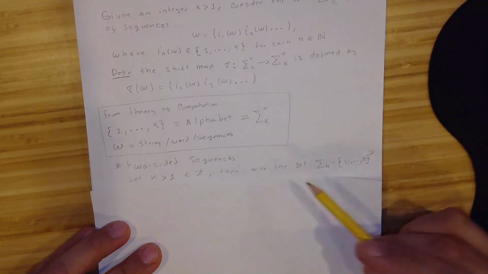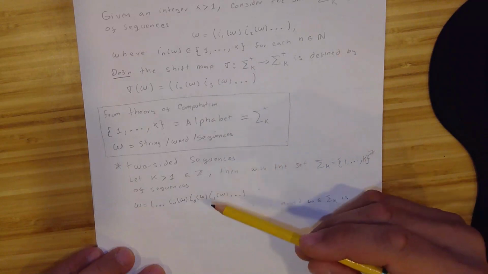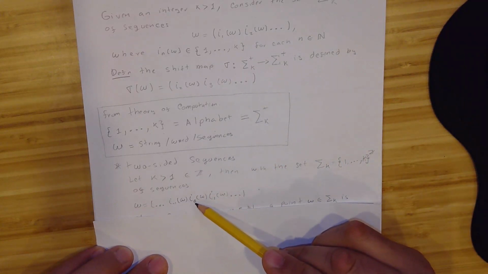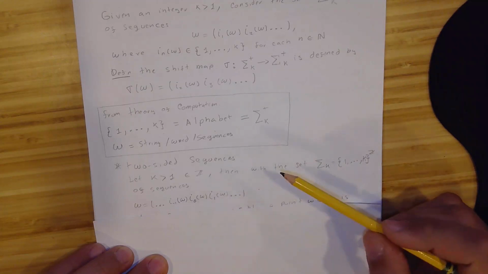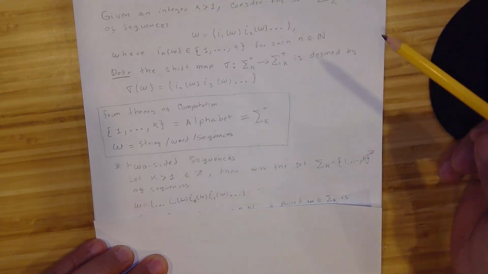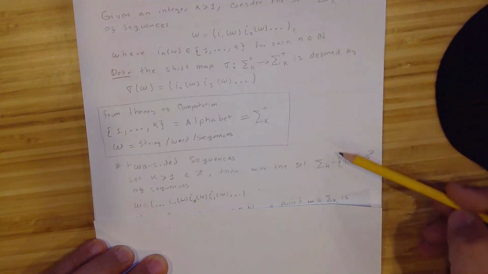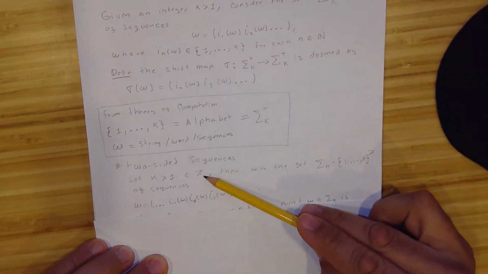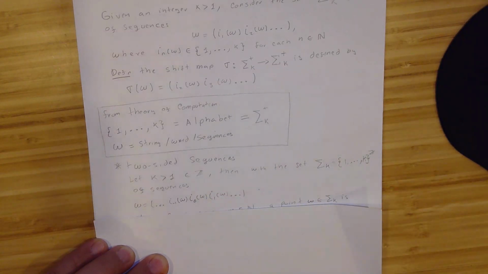The two-sided sequence is exactly what we have here, but with the exception that whenever we get to 0, we start going in the negative. So the indices, instead of going in the natural numbers, we will have the integers. Okay,